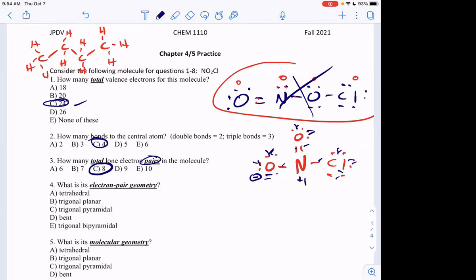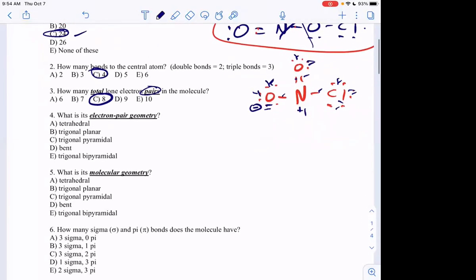Okay, so based on the correct structure, what's the electron domain or pair geometry? Trigonal planar, right? Trigonal triangular planar. Because there is no lone pair. You only got 3 regions. So